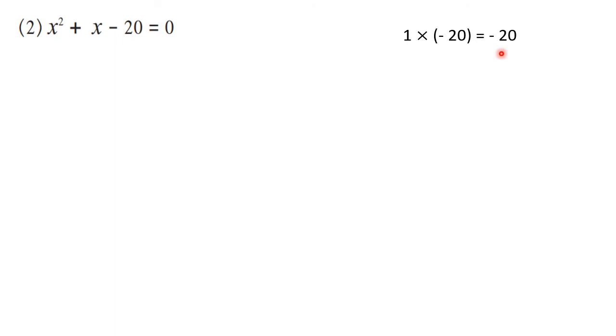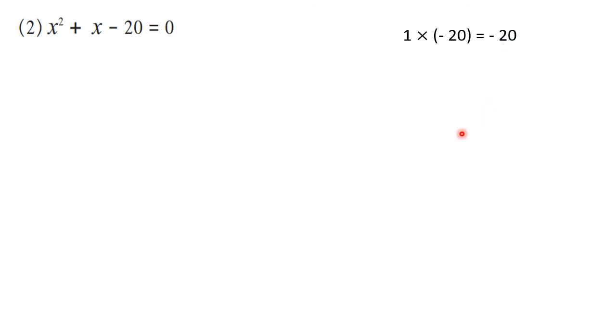Here we have a minus sign. So here we will think of two numbers whose multiplication is 20 and difference is 1. See, here no number is seen, which means 1 is present. X means 1x. So here we have to find two such numbers. Very easily you can guess that 5 into 4 is 20, because 5 minus 4 is 1. So we got two numbers with multiplication 20 and difference 1.